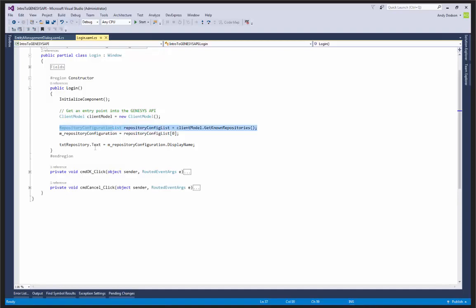Okay, now we can go ahead and get a list of repository configuration objects or connection objects to different Genesis services by heading into our client model. We see on the far right there, client model that we just established in the line above. We're going to call a method called getKnownRepositories. It's going to give us a list of those connection information objects to Genesis services. And the first one in that,